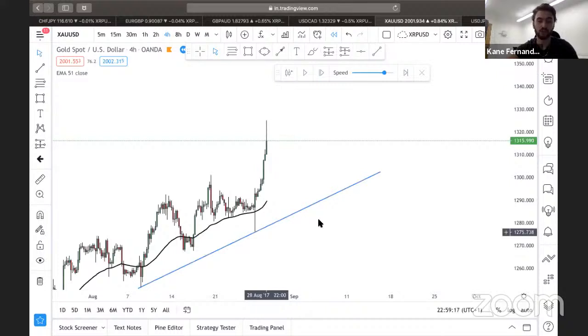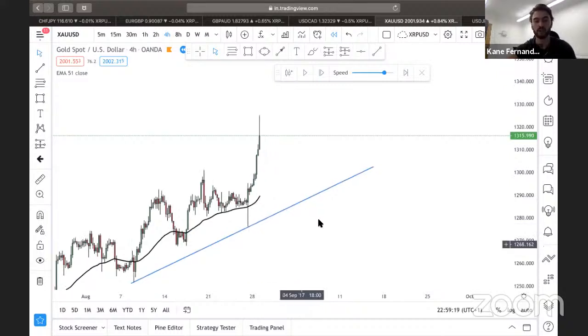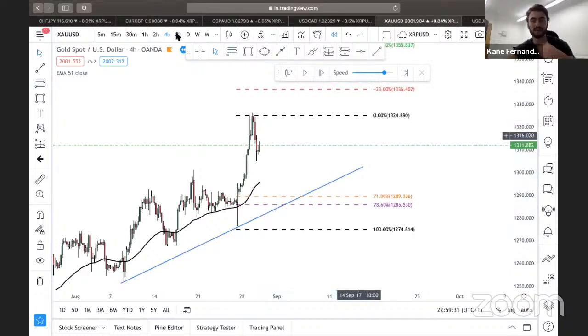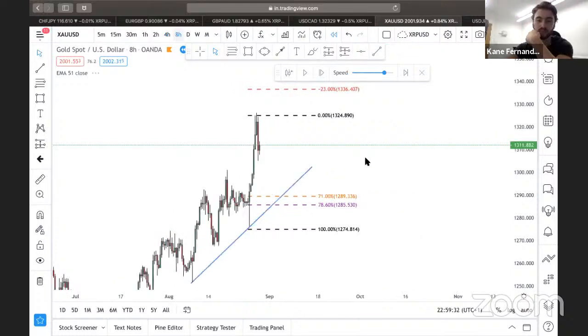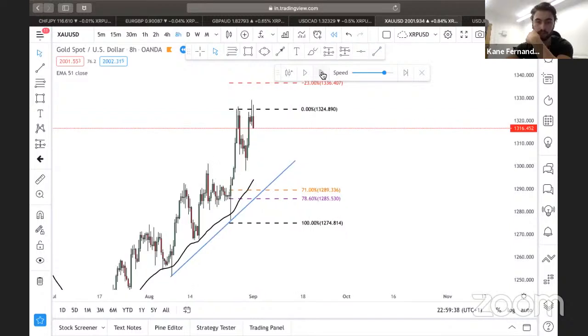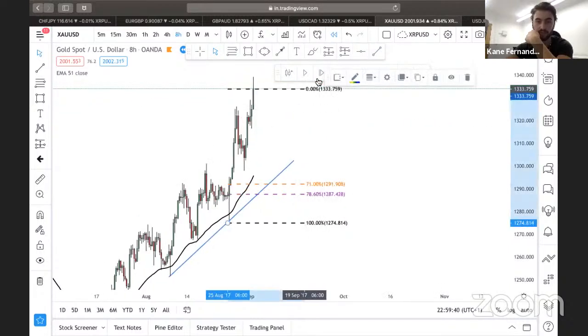So 1 touch, 2 touch, looking for the 3rd touch. Let's see if we can see the retracement from here. So yeah, and then I can fib it. So fib it from the last significant low to last significant high. Hopefully we've got the 8 hour EMA in play still. So that's coming up in play here. Okay, so let's move it up like that.